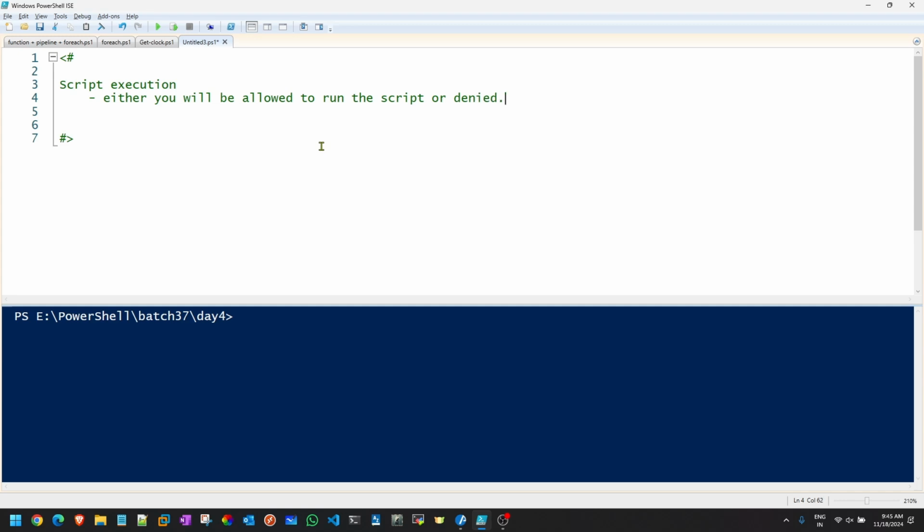Let's say I have a server available in my environment and I want to run some sort of script on top of it. So basically, with the help of script execution only, it is possible.